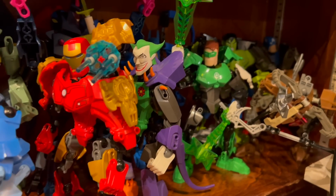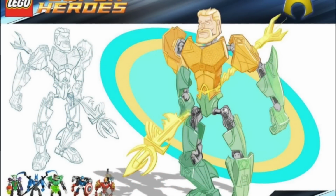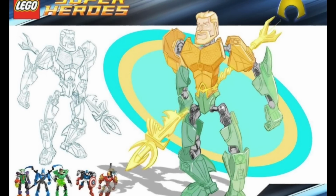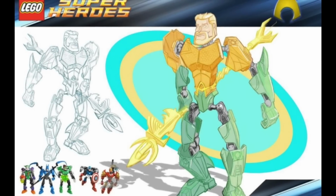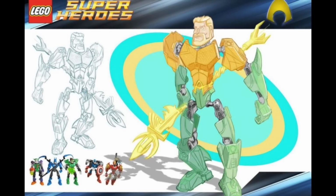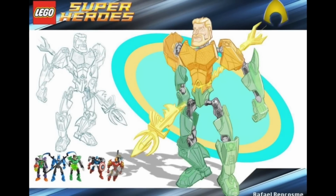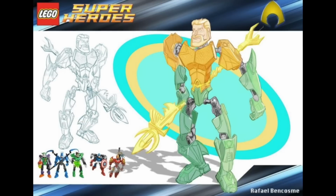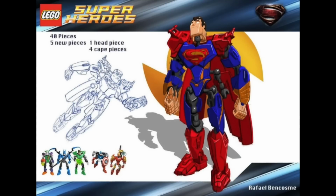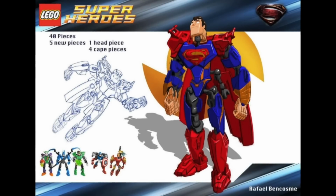Now, probably very obviously, these did not sell very well, but had they sold well, LEGO was actually planning on releasing a brand new wave in 2013. One of which was Aquaman, which was one of the character design concepts for 2013, which was conceptualized as a set but never really made it past the drawing board, and the other one, which is a little bit more interesting, was going to be a movie tie-in for the Man of Steel movie that came out in 2013 for